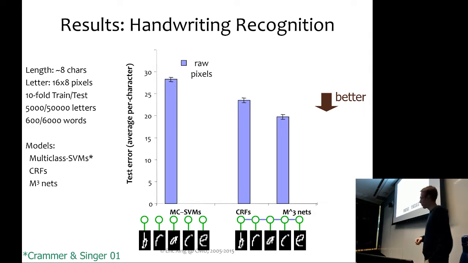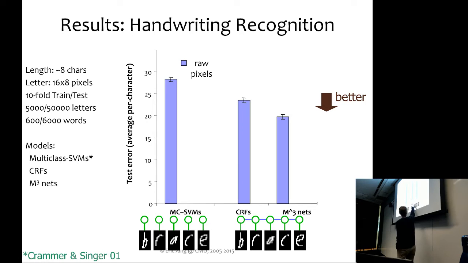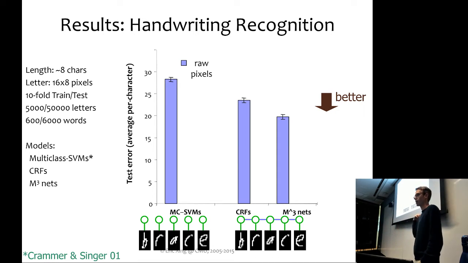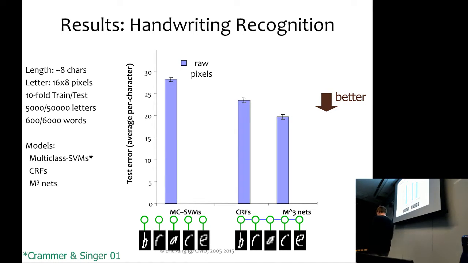Okay, so the third bar shown here is the same model as for the CRF, but trained not by maximizing likelihood, but by minimizing the structured hinge loss that we learned how to do last time with structured SVM. What's interesting here is that just by making that change to the objective function, we see a pretty dramatic improvement in test error on this task.